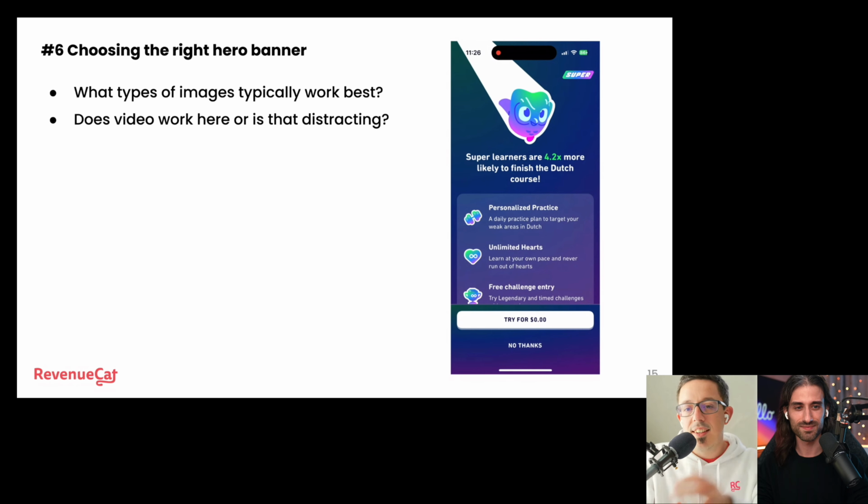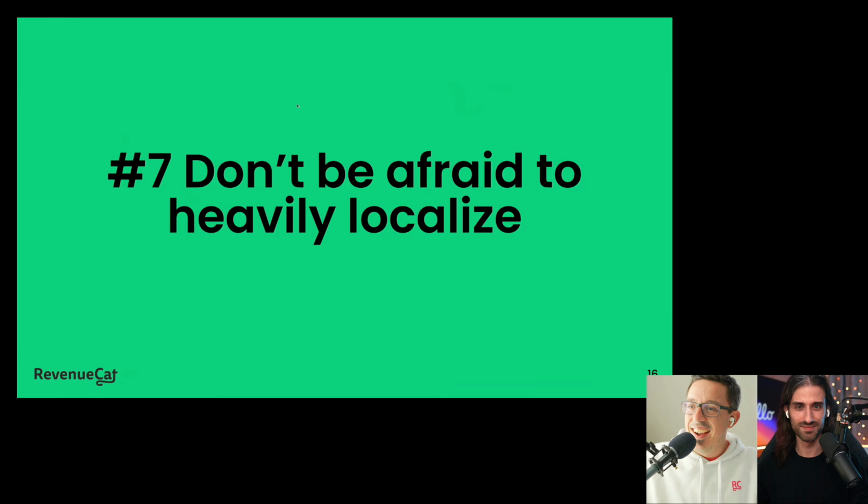That's interesting. And obviously, also with this is the images, a lot of paywalls are just going to be a straight up image. And so thinking about how, like I kind of alluded to at the beginning, it's not just how does this fit with my brand, but it's also, at this particular moment in time, what place does this image put a person that's on this page, emotionally or whatever, at the point where you're wanting them to convert? And it might be different than anywhere else in your app. And so that's something to always keep in mind and test. Always test.